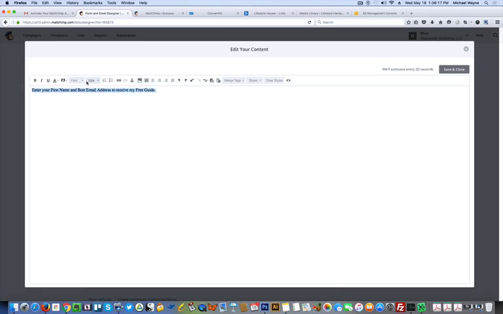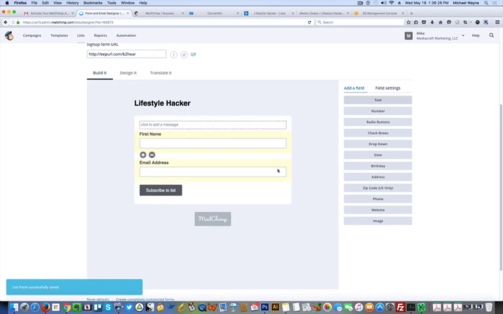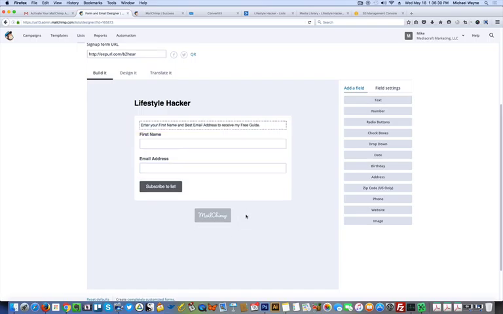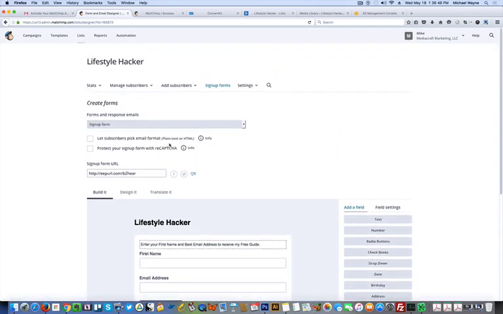Now if you want, you can go in and change the font. I like Arial. You can change the font size. I'm just going to keep it simple. When you're actually doing this for your website, you could go crazier on the design. But a lot of services like WordPress actually use the custom design on that website, and you can go in there and customize the form there. So I don't try to make it too fancy over here. So once that's all set,